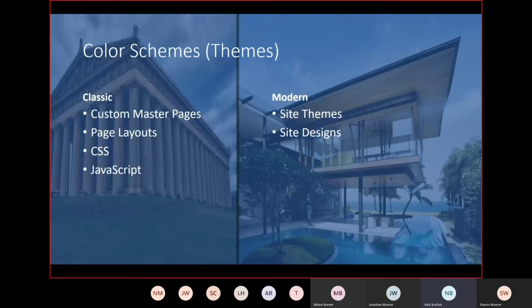I want to talk about color schemes first, and I'll show you an example of how to make those real quick. But in the past, in classic SharePoint, if you wanted to change color schemes or anything, you could use CSS. You'd have to put that in custom master pages or directly on a page, or you'd call a SharePoint developer in here and you'd say, I want this element over here in the right. I want a vertical column that goes all the way to the right on my home page, or I want this page layout to do this. You had to call a developer to do all of that, and you would tinker with the files inside SharePoint directly. And I don't know how long you guys have been working with SharePoint, but if you've been in an environment that was like that, it's the cause of like